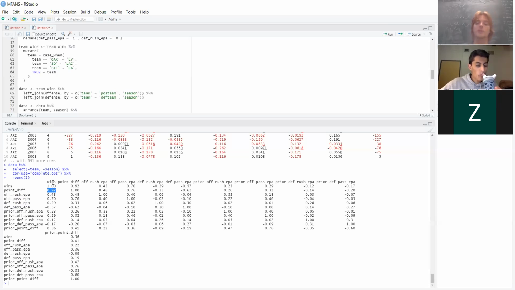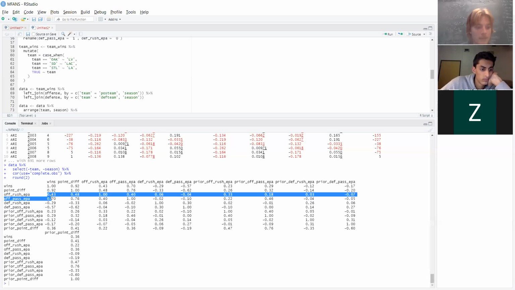So also, this correlation goes from 0 to 1, 1 being it makes a perfect straight line, 0 meaning there's absolutely no correlation and it just looks like a cloud of dots. This is a cloud of dots. So we see how well these things correlate with each other. A team's point differential is extremely well correlated with their win total,